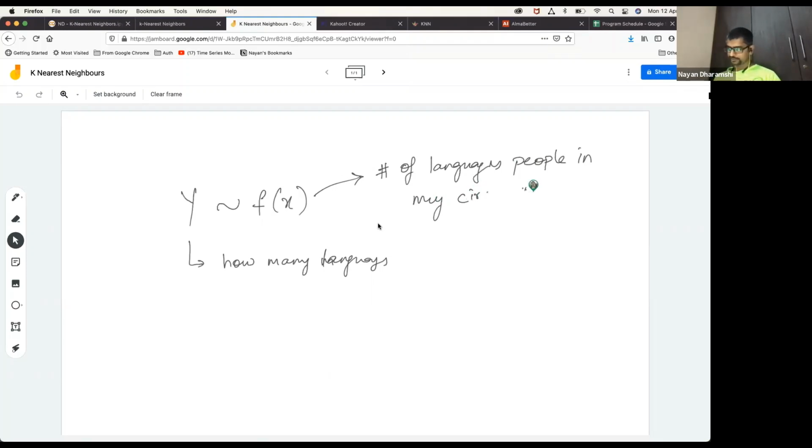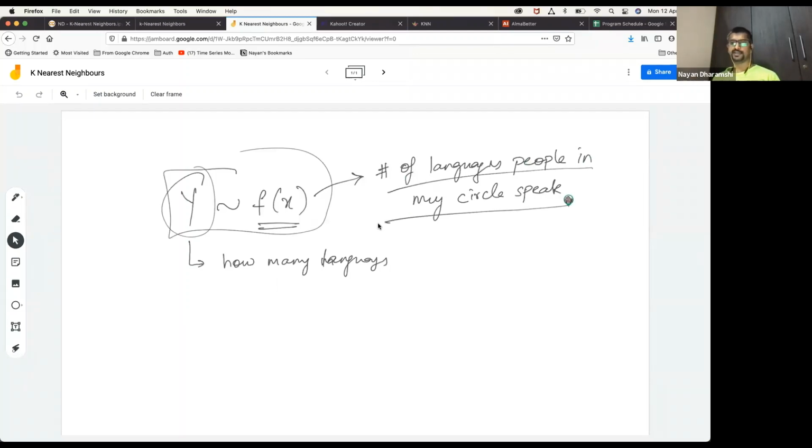I hope the structure is clear. I'm setting this up as a machine learning problem, classification, or sorry, regression problem, where y is how many languages a person can speak, and on the x there is only one feature, which is the number of languages people in my circle speak. Now if I put Jake into this equation,